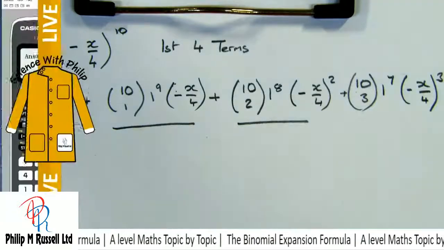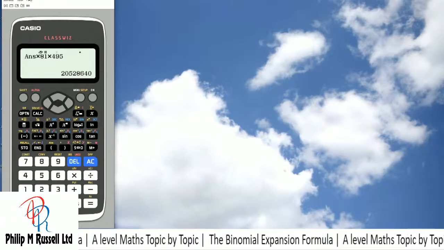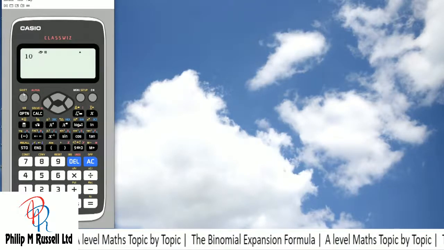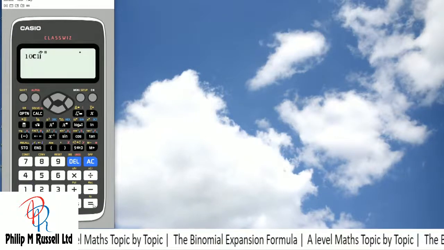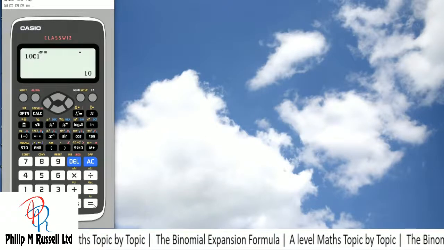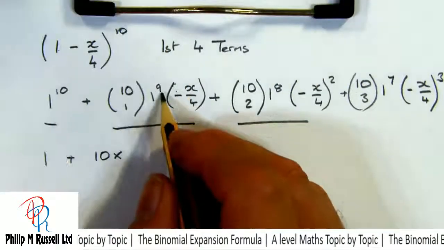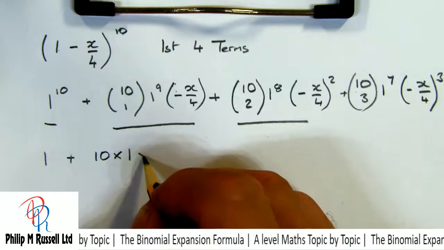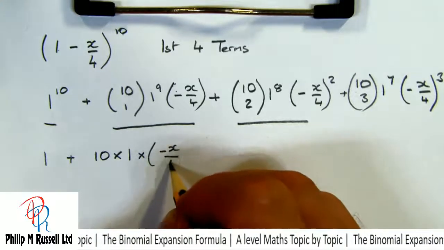Let's go off and do it on the calculator. 10 shift nCr 1, and that gives me the value of 10 times here 1 to the 9, which is 1, times by minus x over 4,